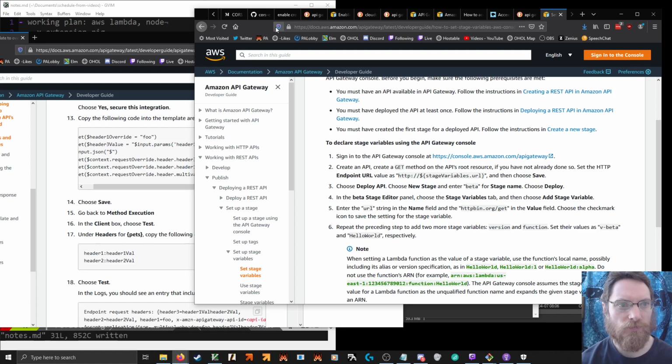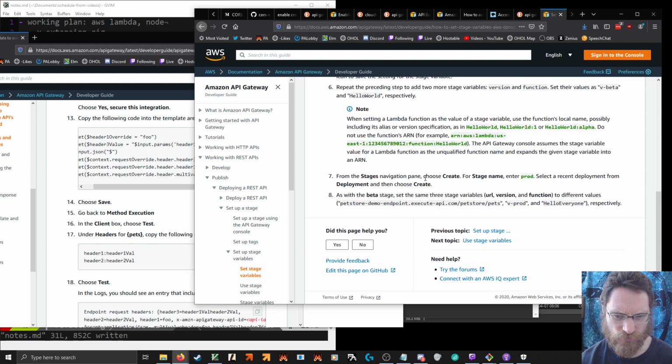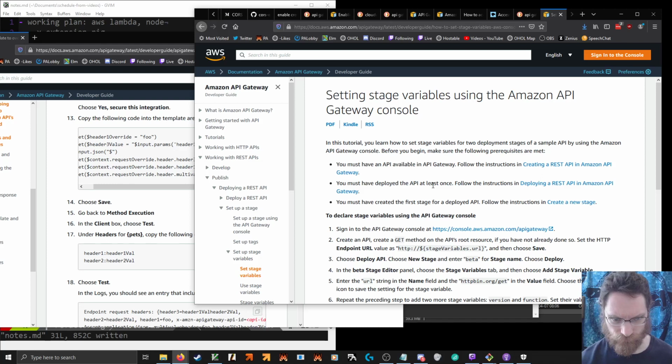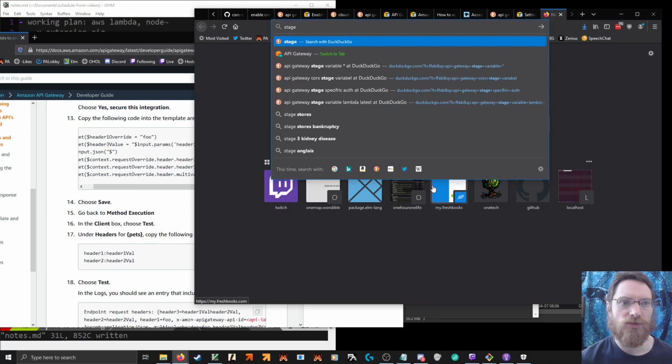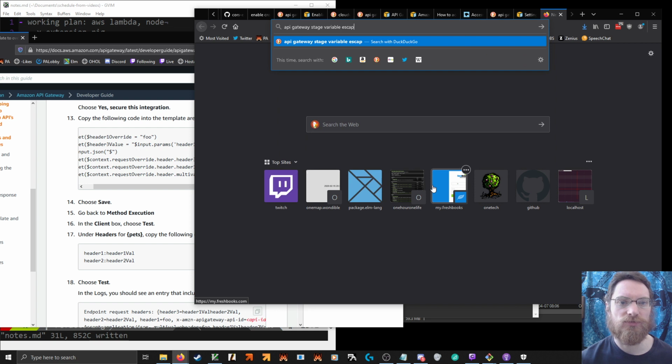Oh, maybe. No. That's in use of the variable. But it still doesn't allow that character, which is weird. Stay API gateway stage variable escape character?